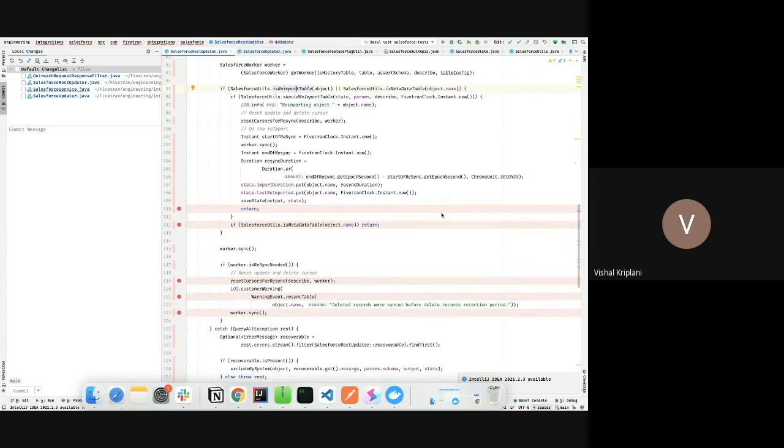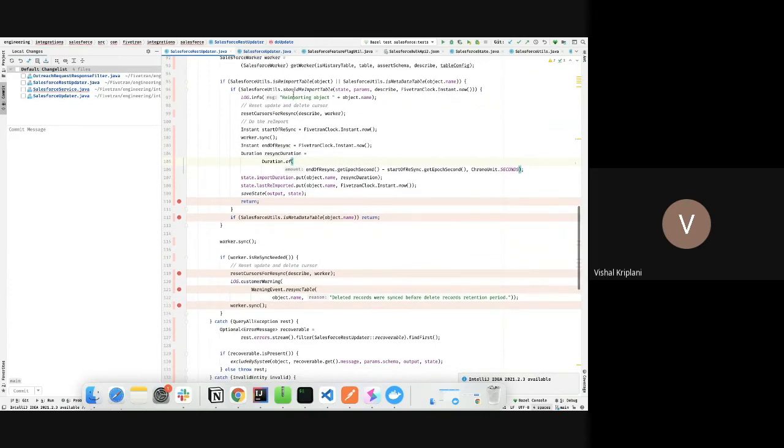While debugging, you might get a lot of issues related to opportunity split and opportunity line item. So that is one thing. Okay, so now we have identified whether some table is a reimportable table or not. Then the next task is to identify whether you should reimport this table now or not. It's not that if some table is reimportable, then you should reimport it now.